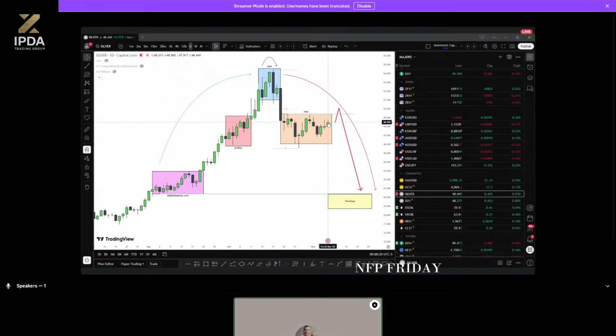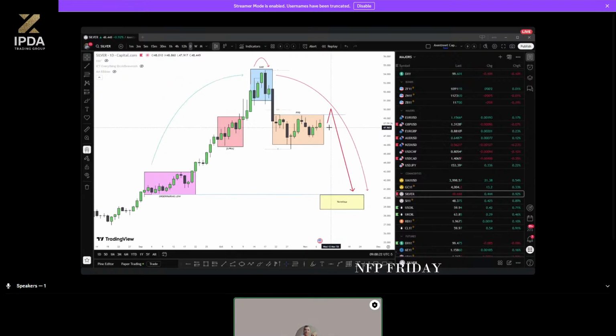So this is how I also gauge how and when to execute and when to be patient. The market will literally show you it's not ready to move just yet. However, I'll be very